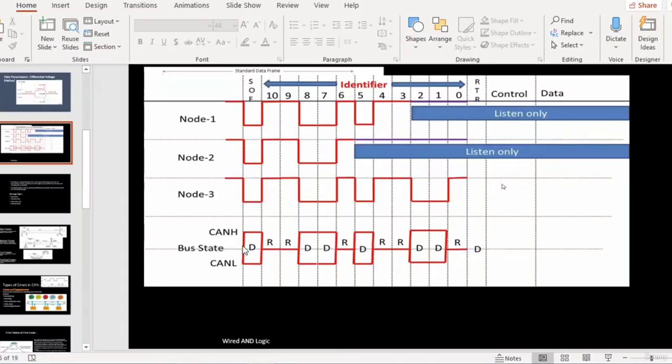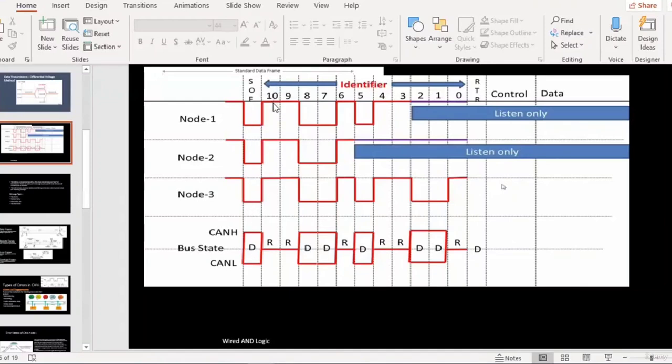At the bottom, there is a bus state which is having CAN high and CAN low. And based on wired AND logic, the resultant bus level of the CAN line is represented in red. The first bit is the start of frame, which is a dominant bit, since all of node 1, node 2, node 3 are having start of frame. They will be dominant and the bus state would be dominant.